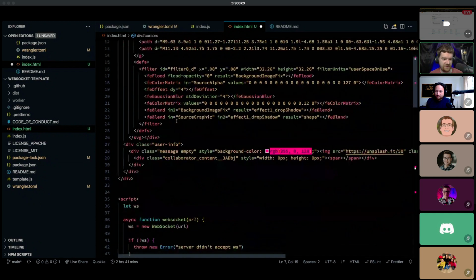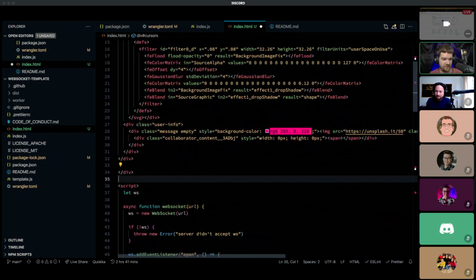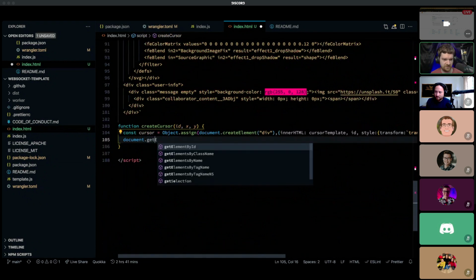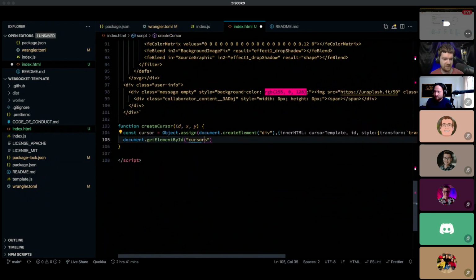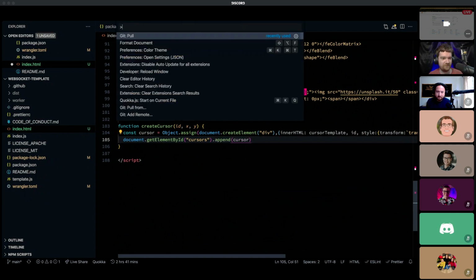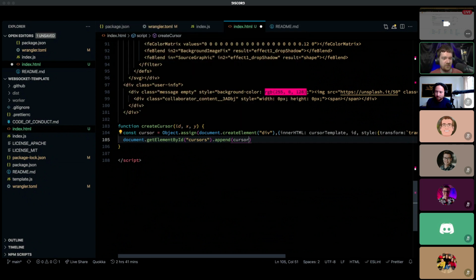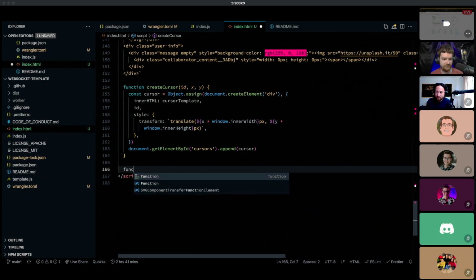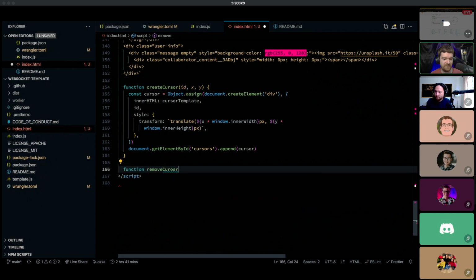Come down here and close off that div. And instead of query selector, I'll use getElementById cursors.append(cursor), and that should create our cursor. Oh, I don't want to get pull. I want to format document. There we go. Okay, so now that we've created the cursor, let's create a function for removing the cursor by